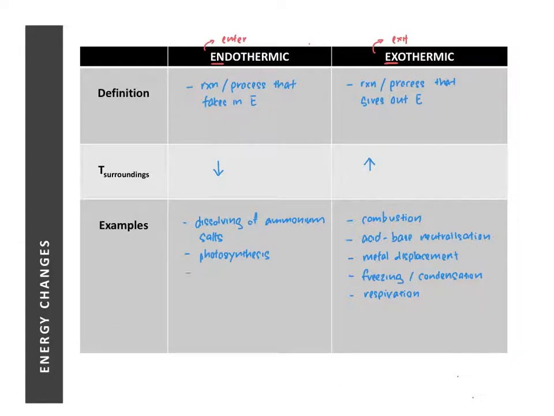Next, another reaction that we have learned would be thermal decomposition. We have learned in the topic of metals that when we apply heat to metal carbonates, they actually decompose into metal oxides and carbon dioxide. So reactions where we need to supply heat for the reaction to take place would be endothermic